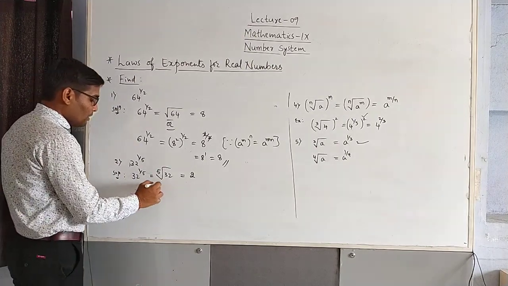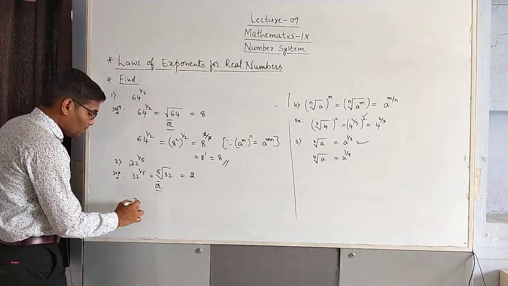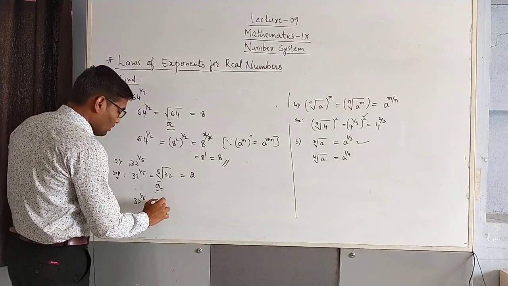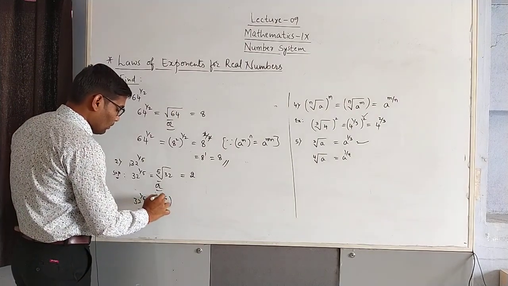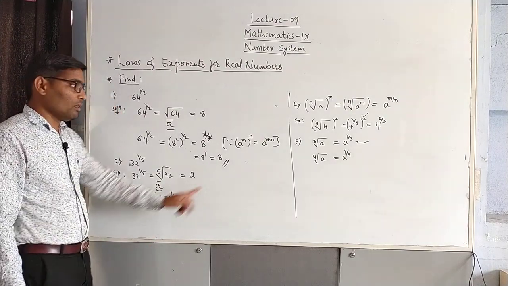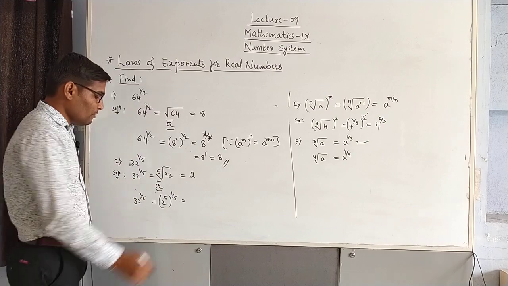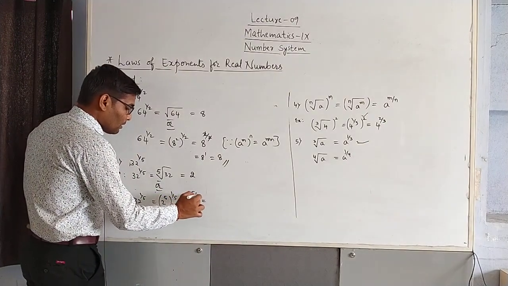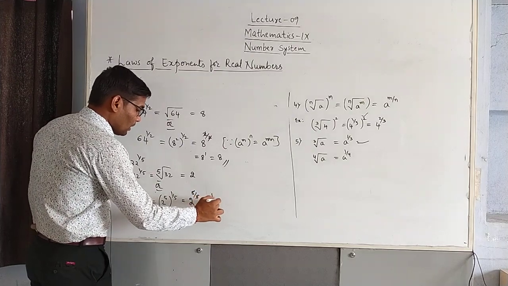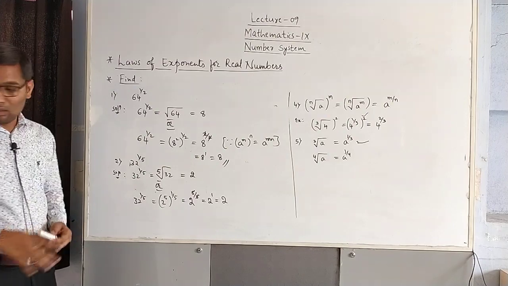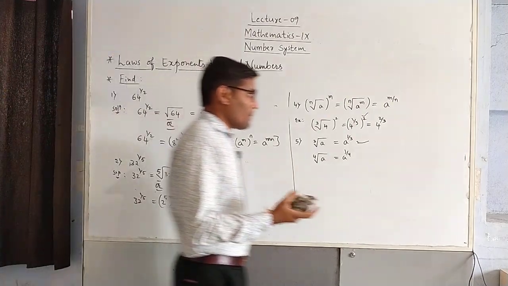Or it can also be solved or written as 32 to the power 1 by 5. It can be written as 2 to the power 5 whole to the power 1 by 5. Again here also we can use the same formula, power of a power, then it can be written as 2 to the power 5 by 5. Then 5 get cancelled, remains 2 to the power 1, then 2 to the power 1 is 2. This is the answer. Then moving to the next one,